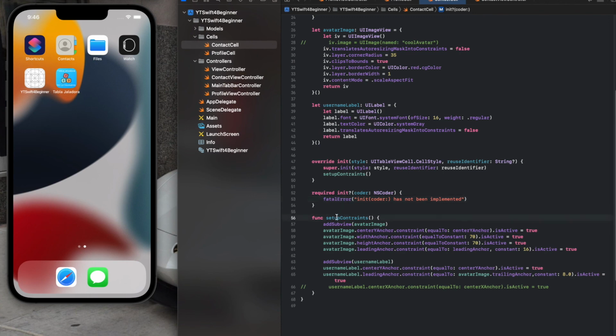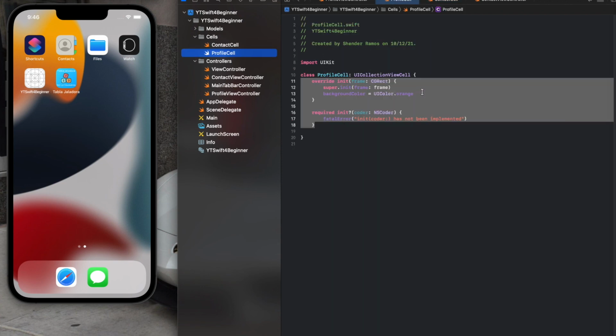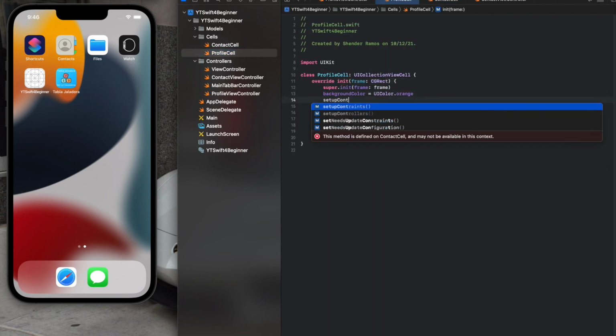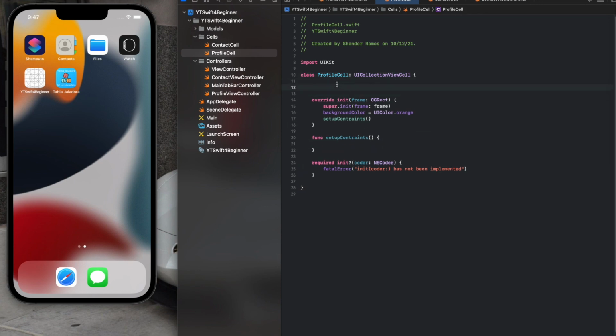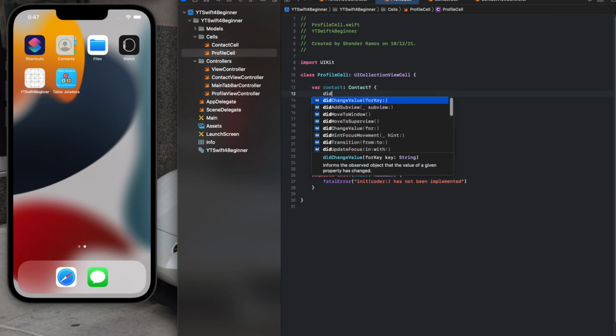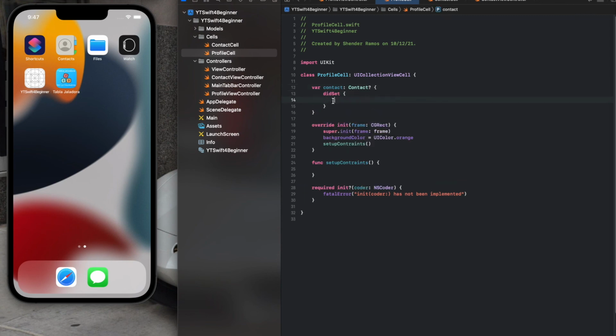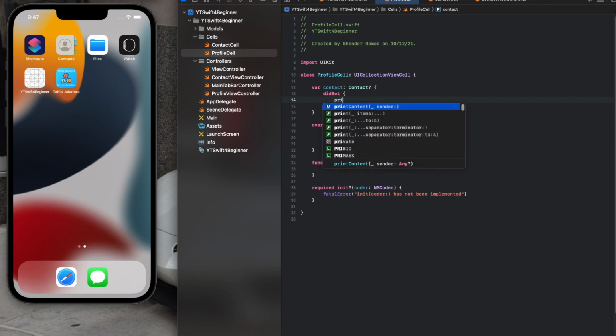Constraints. Remember, if you set up a class, a function, make sure you call your function. So your function, you should be calling it right here, like set up constraints, right? And then you could just be here like func. Probably copy and paste this right there. So you set up your constraints here, and then I'm gonna give you this last caveat. You should already know var contact equal contact, didSet. So whatever function you do there in the experience,